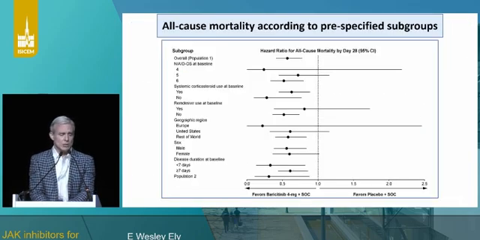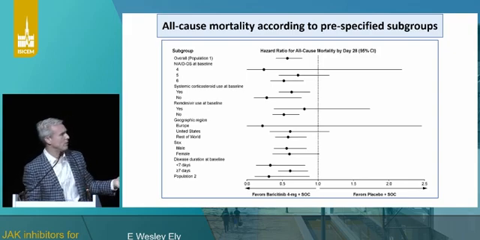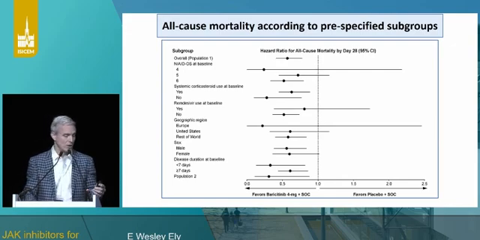And if you look at this forest plot, you can just see that the point estimates are all on the side of favoring baricitinib over placebo, and the only ones that have wide confidence limits are actually very small subgroups. Turned out there were fewer patients enrolled in Europe. OS5 was a small group, and then also remdesivir use was actually not a huge group.